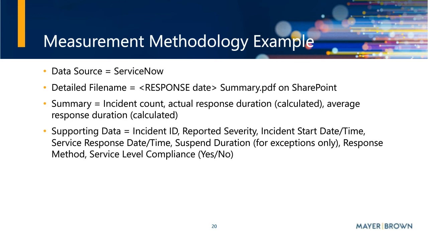Then we have the detailed file name and the location on where to find it for reporting purposes and for the purposes of any audits. Next, we have a summary of what data elements need to be in that file, such as incident count, actual duration, and average duration. Finally, we also describe the supporting data that is linked to this particular service level. So in this case, we might have things like incident ID, reported severity, incident start date and time, and service